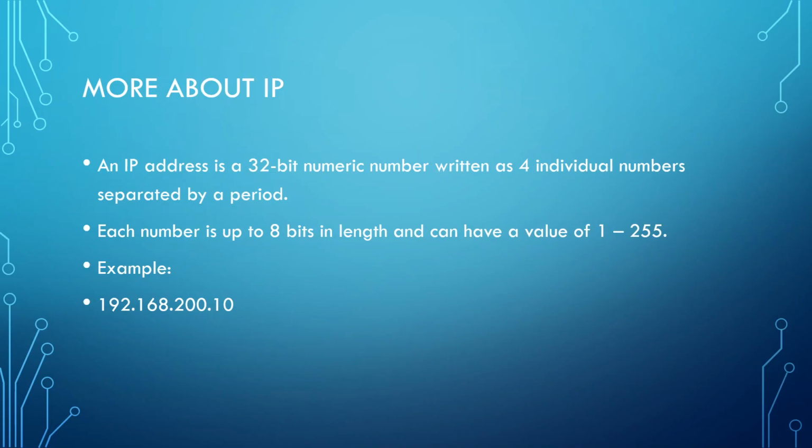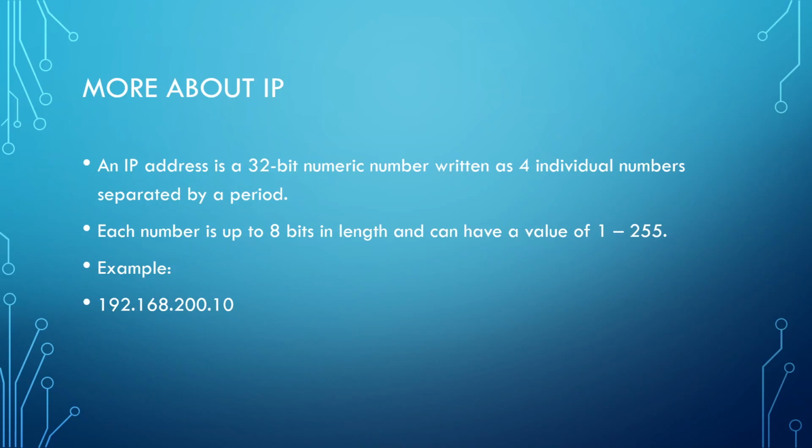Okay, so let's dive a bit deeper into what IP is. An IP address is a 32-bit numeric number, which is written as 4 individual numbers separated by a period. As each number in the IP address can be up to 8 bits in length, it can have a value of 1 through 255. Below is a prime example of what an IP address can look like. In this case, the IP address is